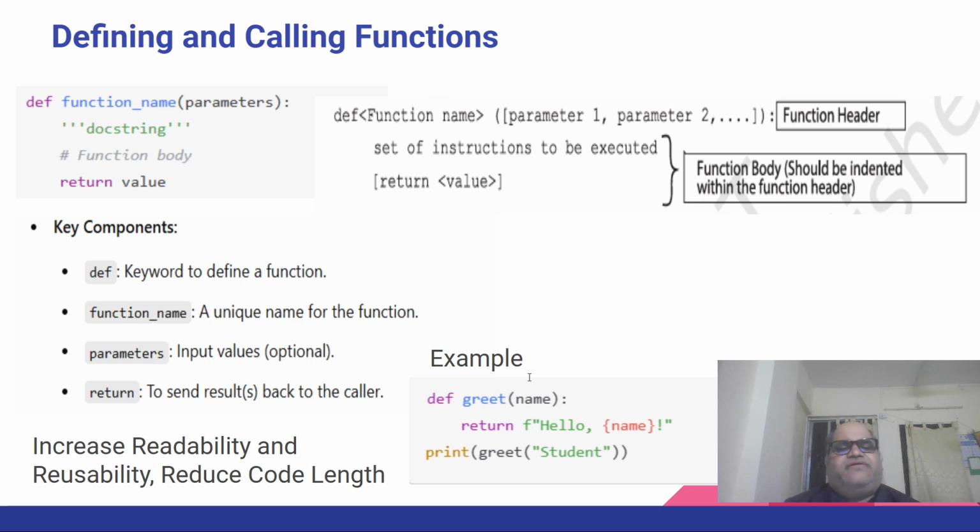So the first 3 characters for defining a function are reserved characters, DEF, followed by a unique name, optional parameters and the function body. So your function might have 0 or more parameters. It is expected to have some function body,